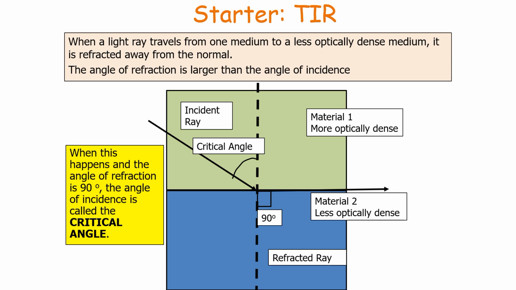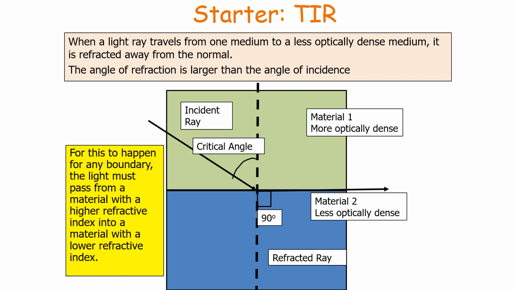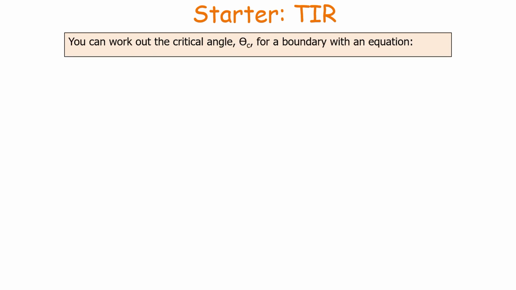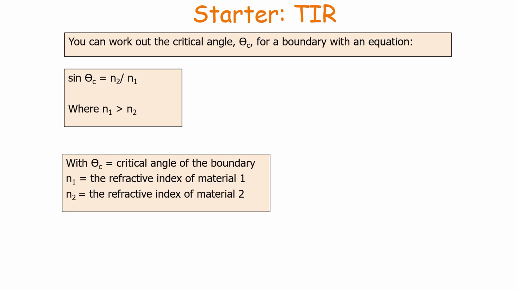Now when this happens and the angle of refraction is 90 degrees, the angle of incidence is called the critical angle. Now for this to happen at any boundary, the light must be passing from a more optically dense material into a less optically dense material, or going from a high refractive index material to a material with a lower refractive index. So for this to take place, we can say n1 is greater than n2. Now we can work out the critical angle for a boundary with the equation that sine theta c, or sine critical angle, is equal to n2 over n1, where n1 must be greater than n2,